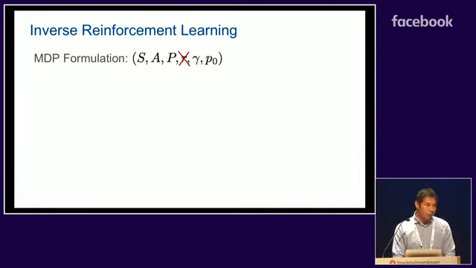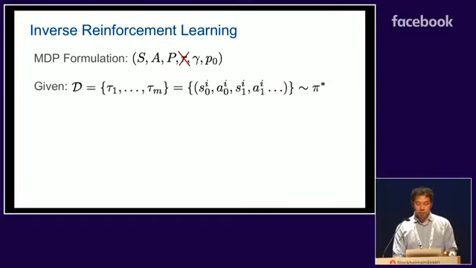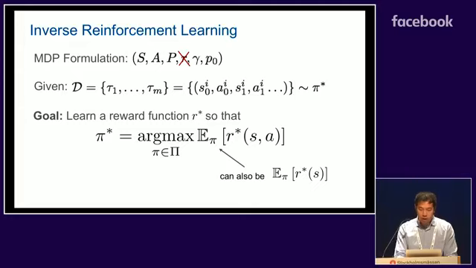be, and the focus of inverse reinforcement learning is to try to learn the quote-unquote optimal reward function, right? And the data that we learn from is a set of demonstrations, similar to the previous imitation learning setting that Yisong described, where each trajectory tau here is just a sequence of state and action pairs. And the goal then is to learn an optimal reward function R star so that we can recover the expert policy pi star. And basically, in summary, try to find a reward function that can explain the observed behavior from